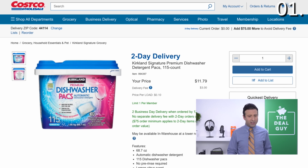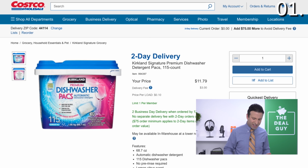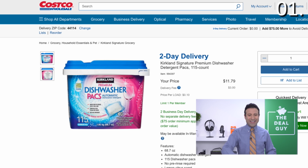Our first battle begins with dishwasher detergent. So let's do a quick price comparison. Kirkland's signature premium dishwasher detergent packs, 115 count, is $11.79, so it's roughly 10 cents per pack. If you were to buy what we were using in our household in the past, which is the Finish Powerball, always a very popular pick, top rated, the pricing at the time I am recording this is 27 cents per pack, so more than double the price